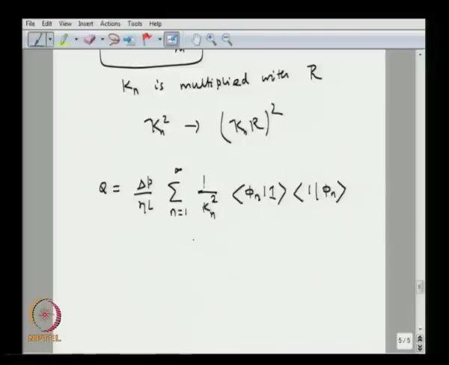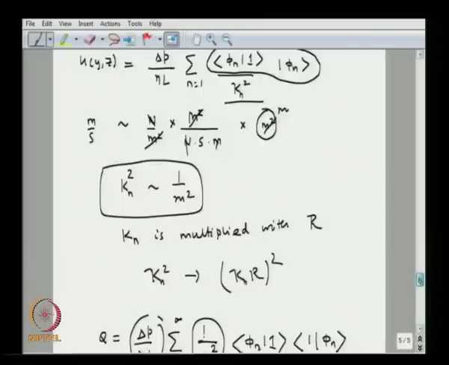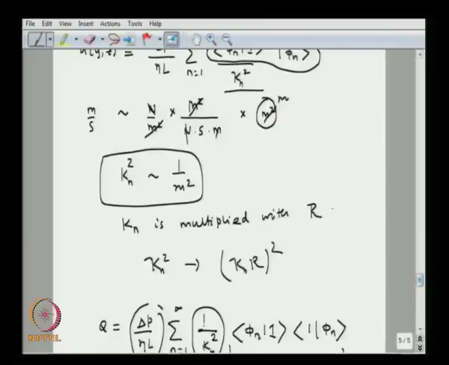If you do a similar dimension analysis, Q is meter cube per second, and if you write down the dimension for these two terms, you would see the product of these two would scale as meter square. This term we call the effective area,